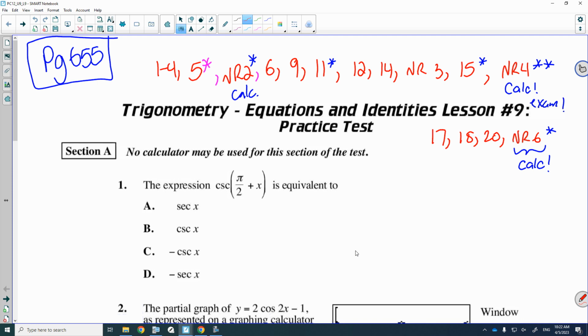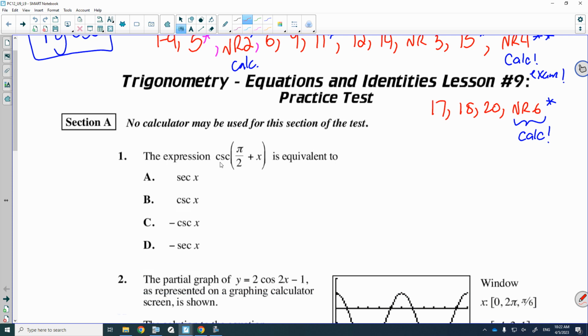If you want, I could upload the work teacher solutions for these. I will do that actually. I'm going to upload the work teacher solutions because I know some of you are going to get